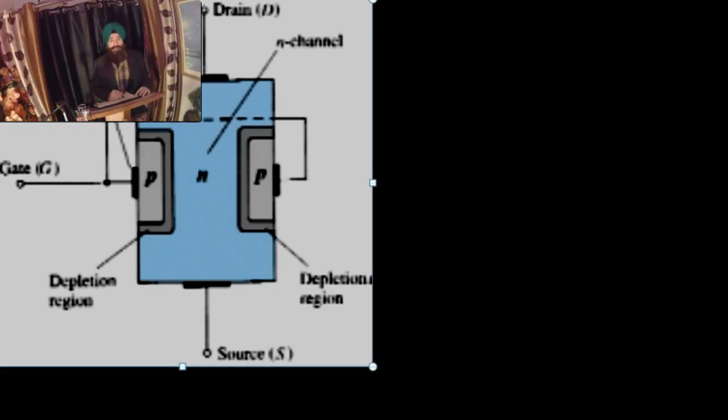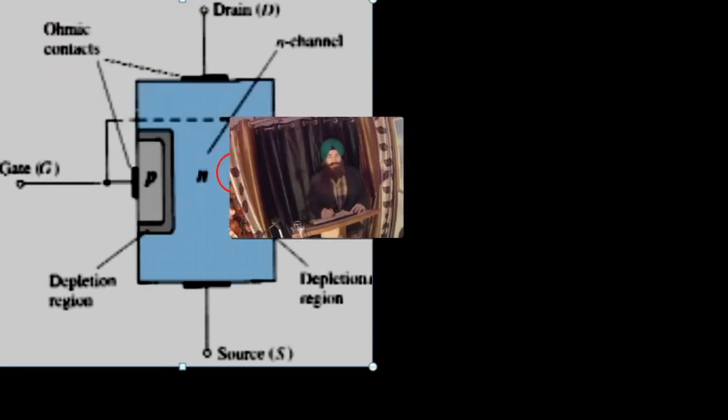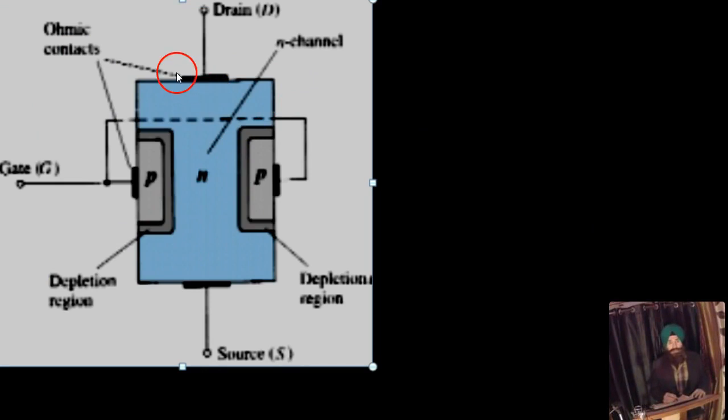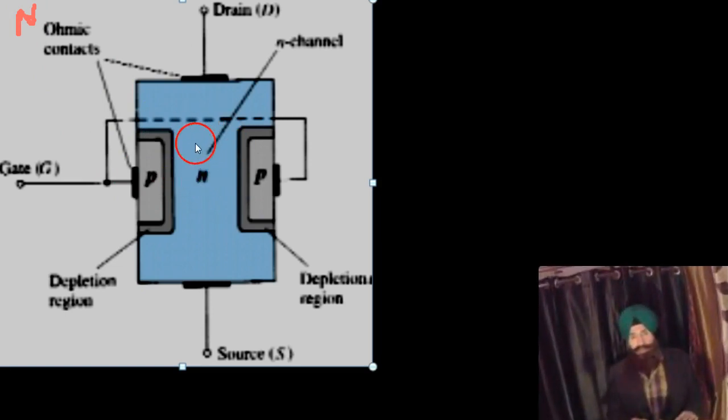Now we come to the construction part. Structure of FET. Now this is FET, N-channel FET. There are two types again. FET may be N-type or maybe P-type. Here I am going to explain the structure of N-type. Now this whole chip is N-type material. That N-type material forms the channel